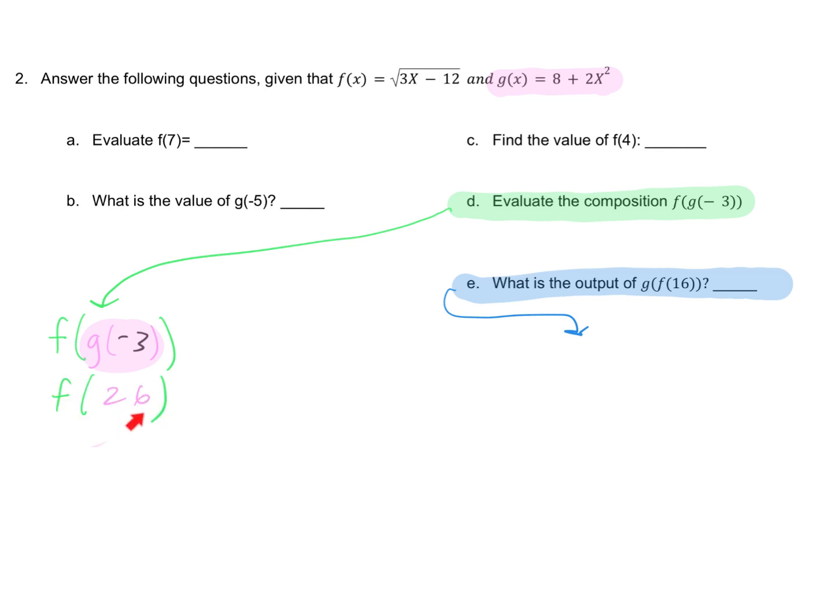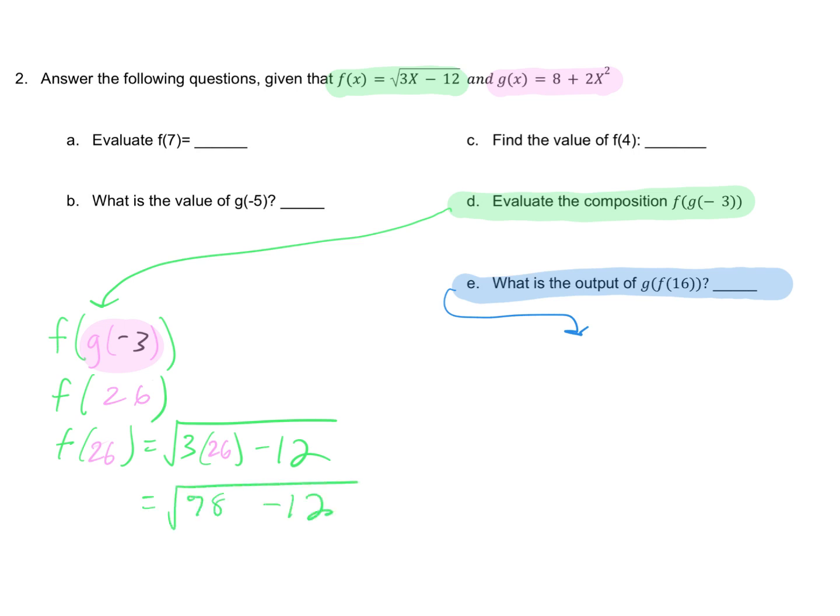Well, now 26 is our input that's being dropped into function f. And function f is the square root of 3x minus 12. So f of 26 is the square root of 3 times 26 minus 12. And 3 times 26 is 78. And 78 minus 12